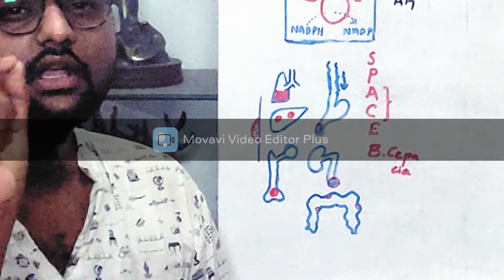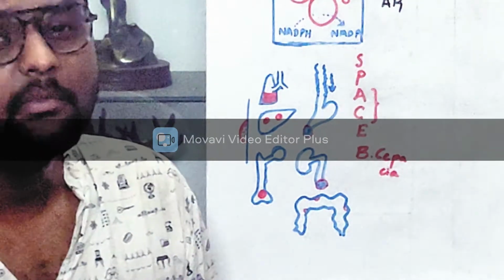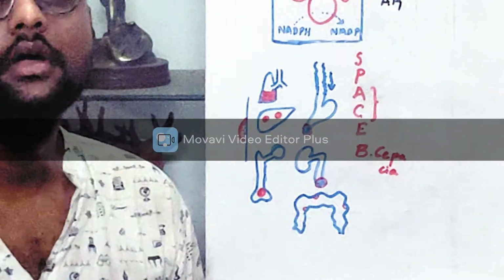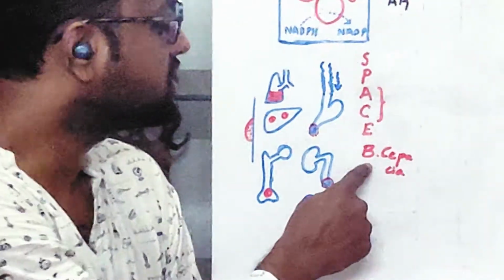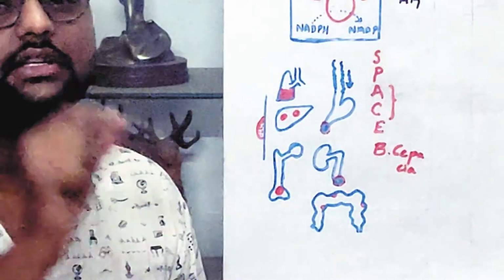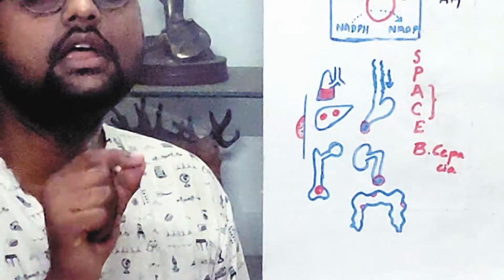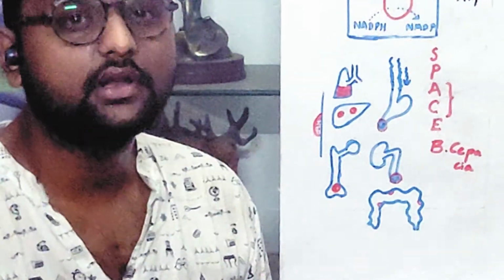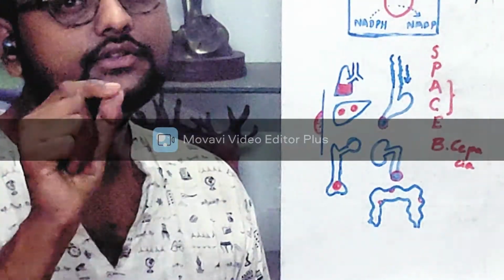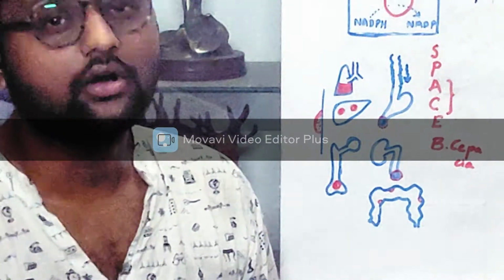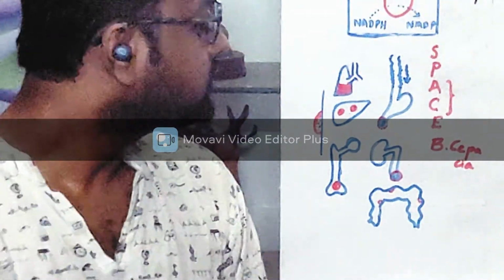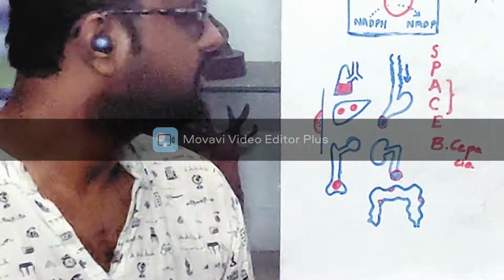There is just one organism I want you to remember, and it has a very peculiar name, Burkholderia cepacia, because the presentation with Burkholderia cepacia is that the infection will be a rapidly progressive one, and the child tends to present directly in the shock phase. So that is one organism you should remember.